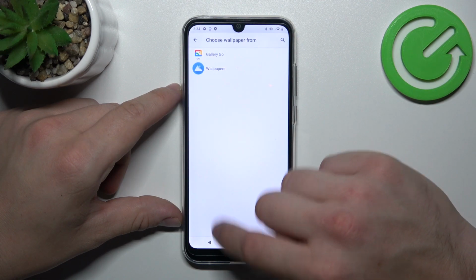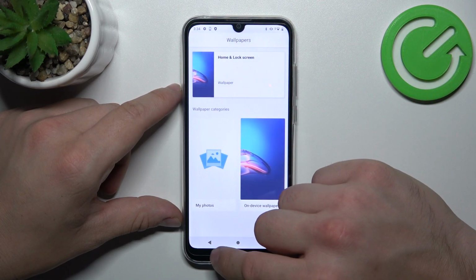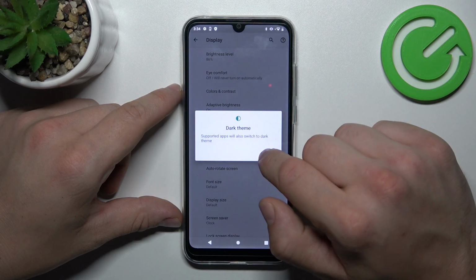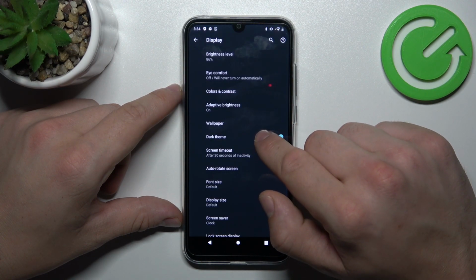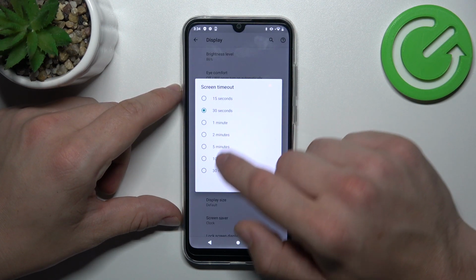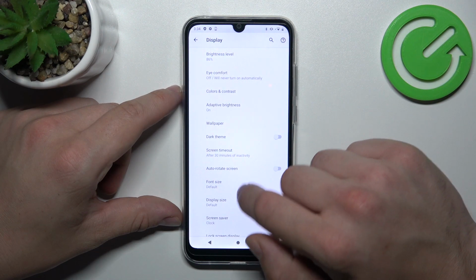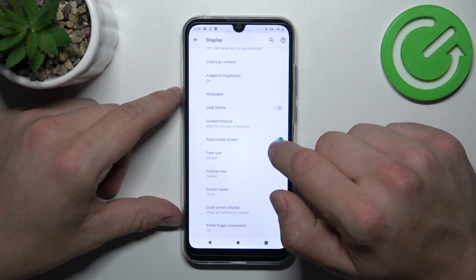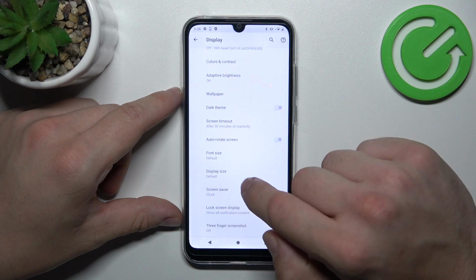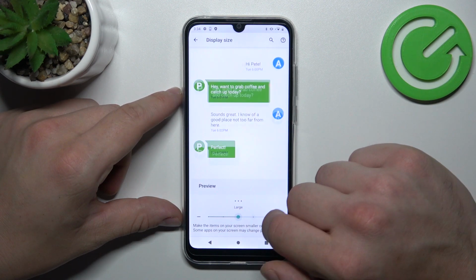Next, we can change wallpaper, enable or disable dark theme, change screen timeout between 15 seconds and 30 minutes, enable or disable auto rotate screen, adjust font size, display size,